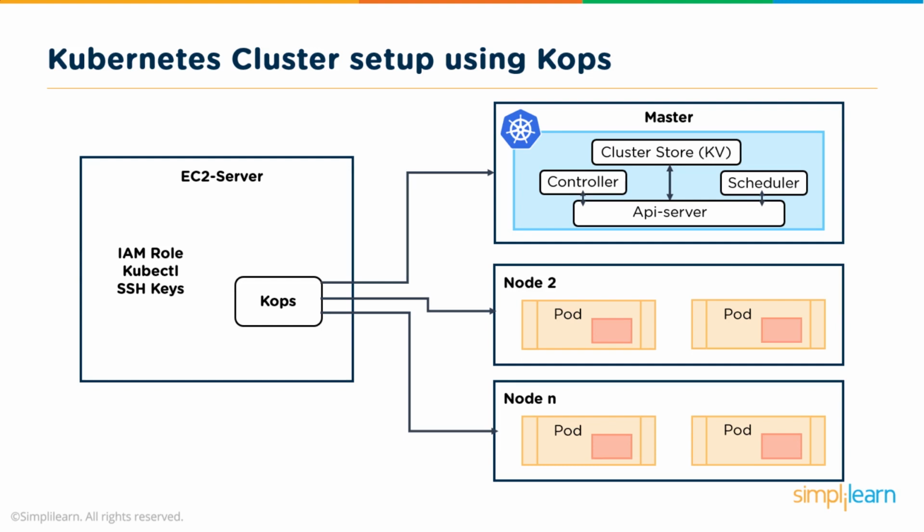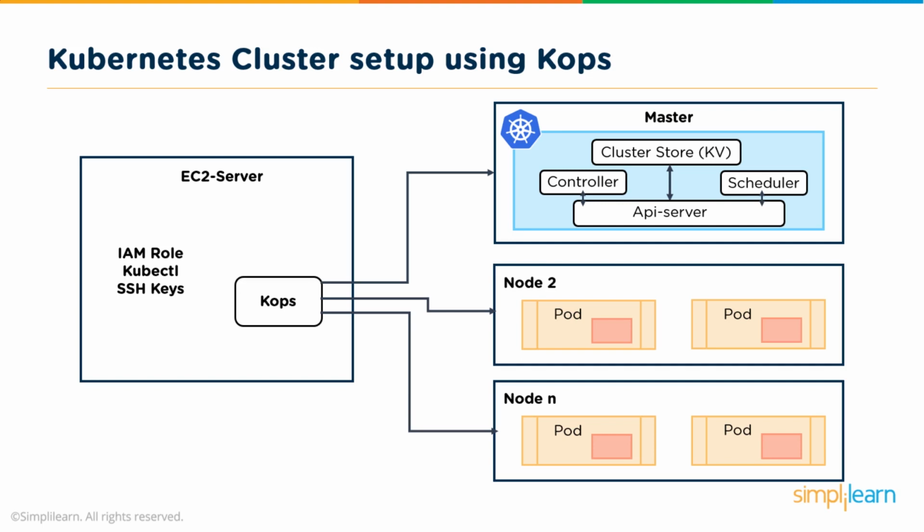Alright, so once I have my cluster set up, I will also install kubectl, which you would probably know by now is nothing but a command line utility using which I can connect to my cluster, give out some jobs, put some pods and stuff like that. So I will use kubectl. I will also have a pair of SSH keys so that from this machine, I would be able to successfully get onto the master node and submit jobs on my behalf.